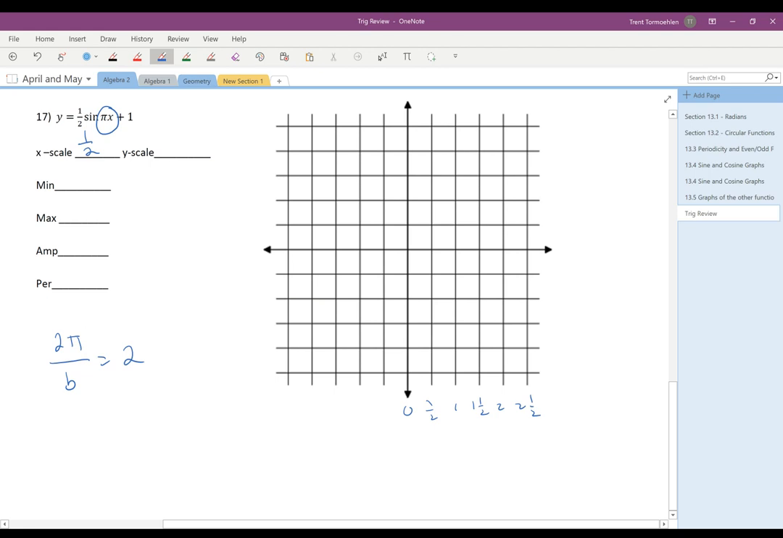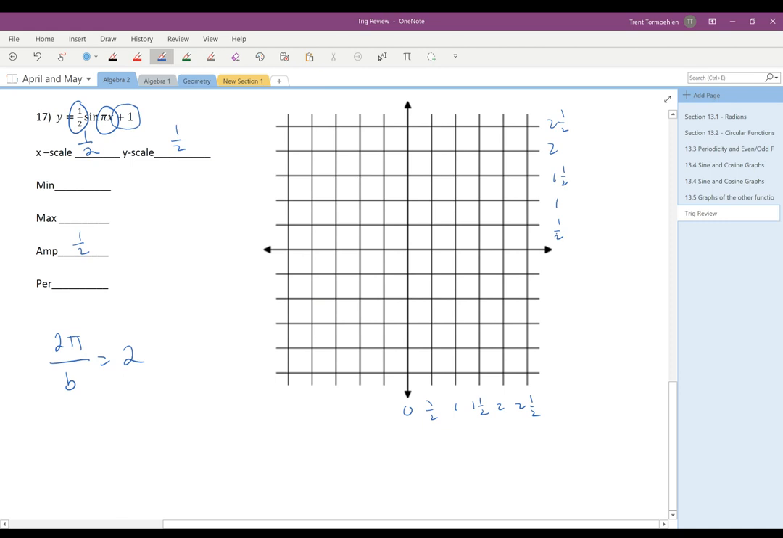vertical x's. And then the y scale comes from what the min and the max is going to be. And so if we remember, this means that the amplitude is whatever that is. In this case, the amplitude is going to be 1/2. So it's going to go up 1/2. And so we're just going to make the y scale 1/2 as well. And so that you have, it looks like this. And then the last thing is this pushes the graph up 1, and so all the